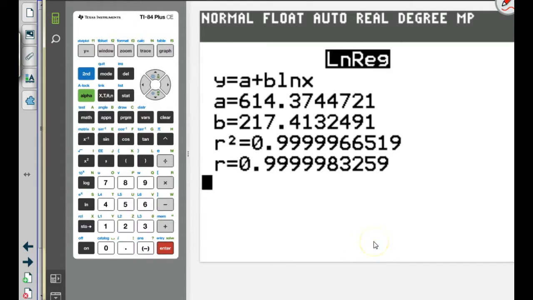Did you get something like this? Yeah. That's a nice fit. Look at that R value. Okay. Now it says it's A plus B ln of x. So it's,